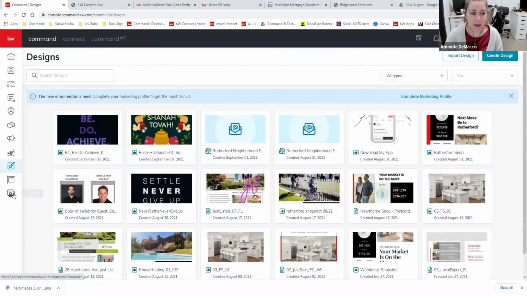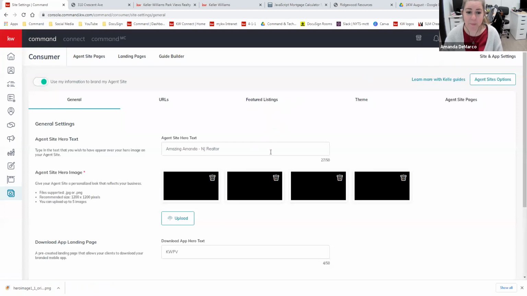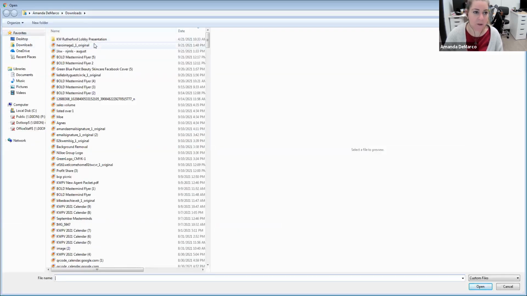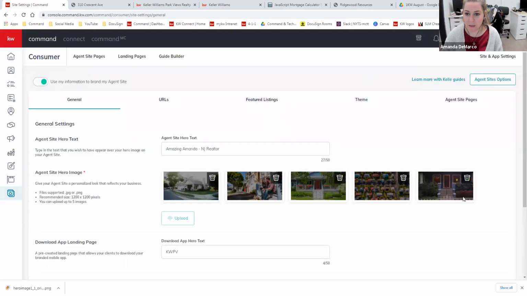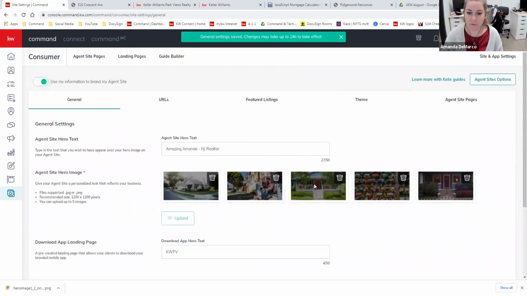And I'm going to come back into my consumer section. I'm going to go back to the site and app. And now I'm going to click on upload. Now, I'm not sure if you can see it, but my downloads window has popped up. So I double clicked on that image and here we go. So that image has now been added to the carousel here. I'll click on save changes. Again, it may take up to 24 hours to take effect, but this is good because it gives you an idea to experiment and make sure that you've got all of the